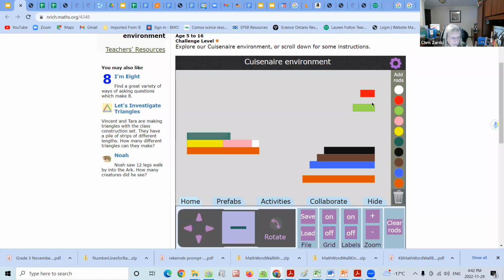So I'll try that one. Let me try this one. Oh, that's too short. I'm going to try. Oh, my pink one fits on there. So this time I got 2 of them. What am I showing? I'm showing the same thing, that addition of multiple different colors still covers the orange. And it doesn't matter what order I put them in.